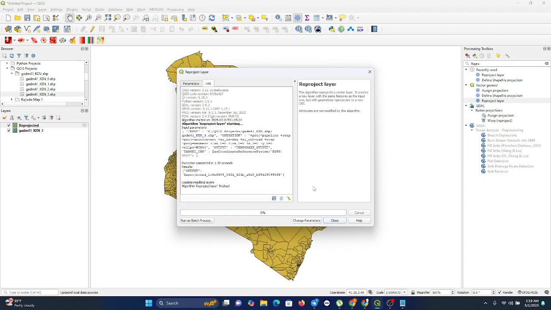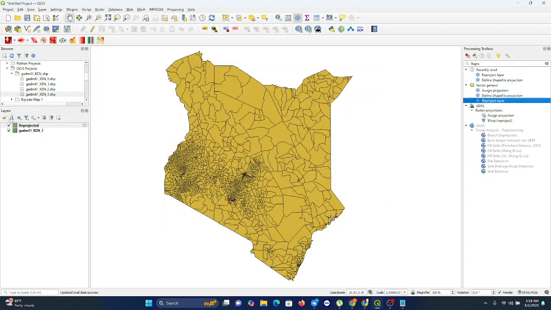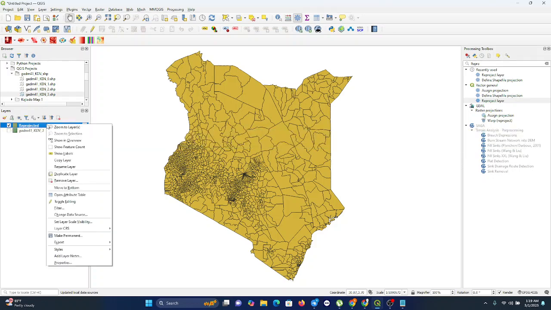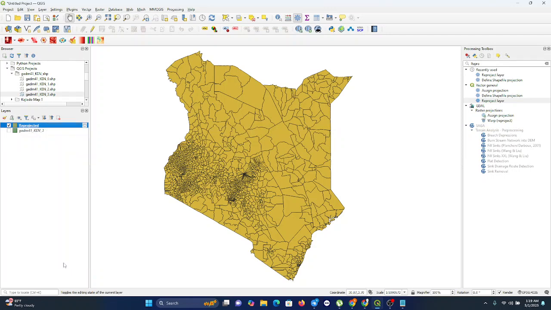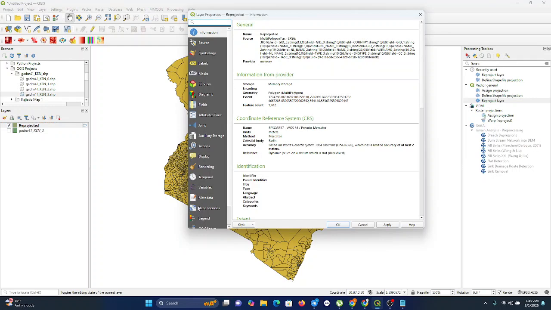So once you click run, you find out that your layer has been reprojected into a different CRS system. So you can see our reprojected layer here. If you want to see the CRS system of this layer, just right click on it like this, select property, then go to here. Then you can see we have clearly changed our CRS system from EPSG 40,